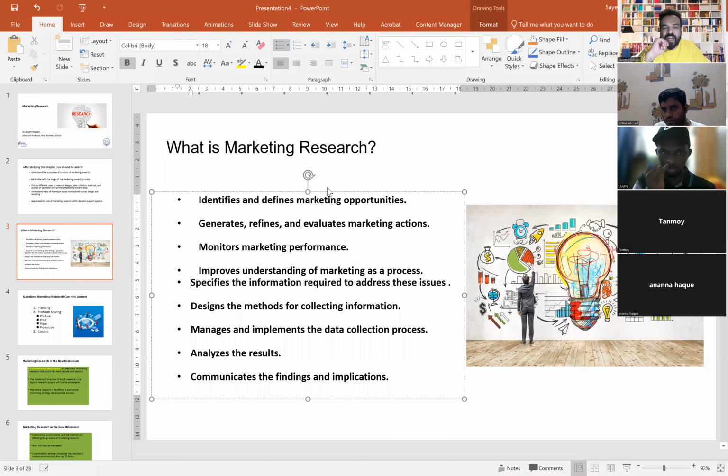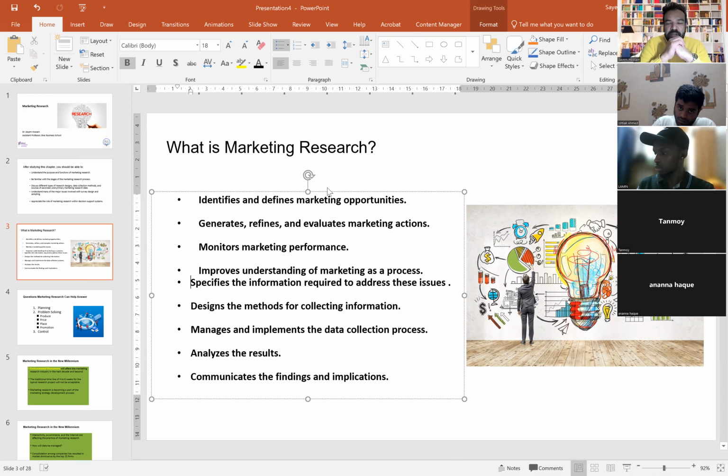It improves understanding of marketing as a process, specifies information required to address these issues, designs the methods of collecting information. So we'll be getting more into those, like how to collect the data and information. So obviously, marketing research encompasses many different things. It's a very broad terminology, but